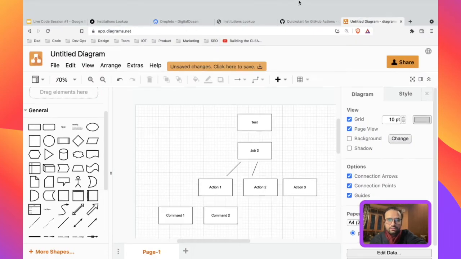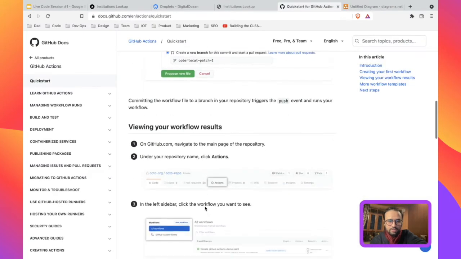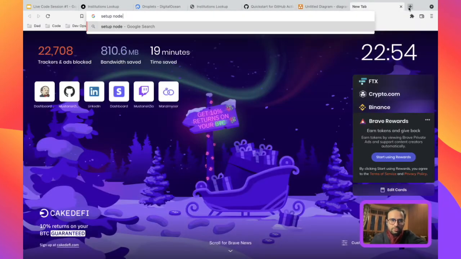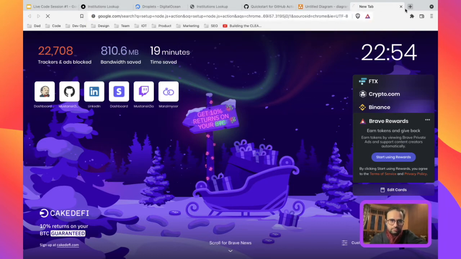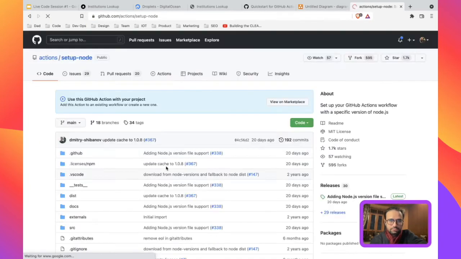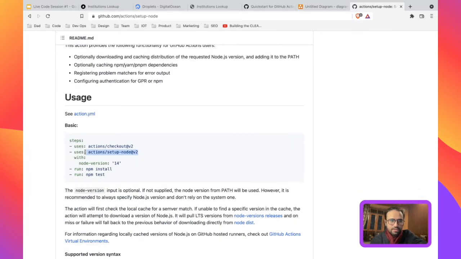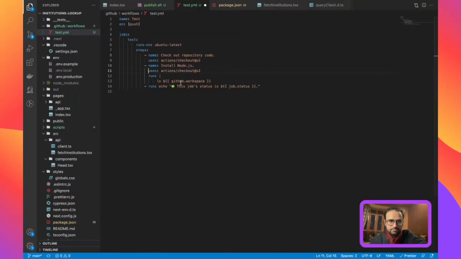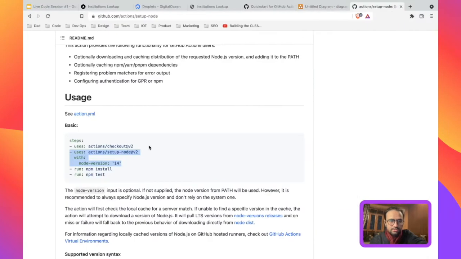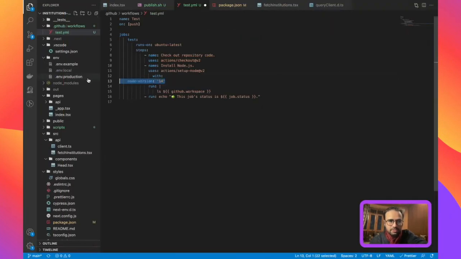I think so. Set up Node.js action, something like this, right? And this one. Something like this, right? And we're just gonna paste it actually. Just having a hard time pasting this. Okay, now